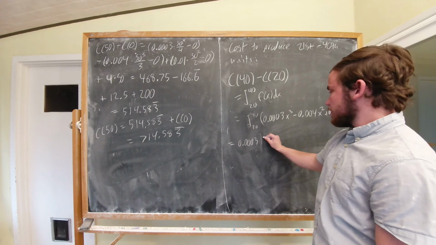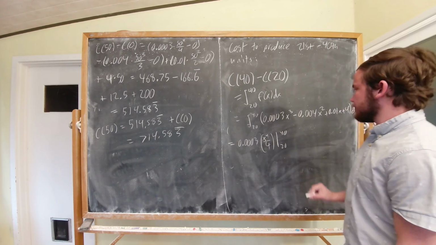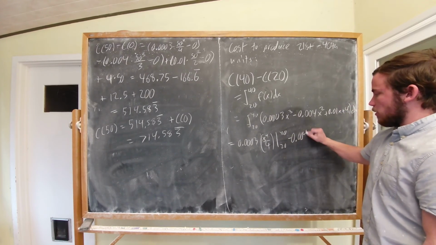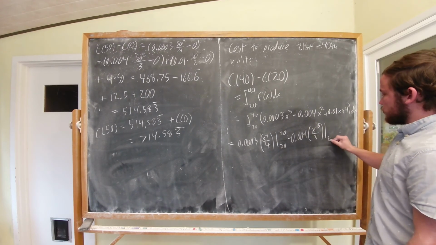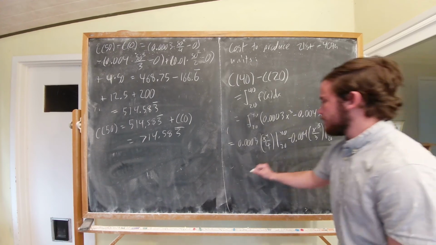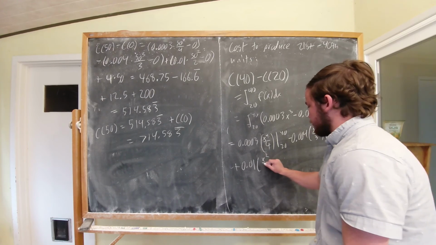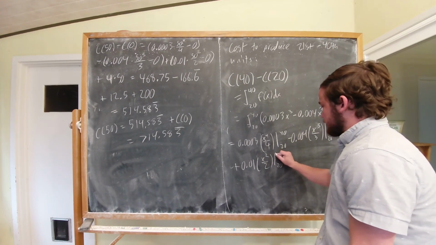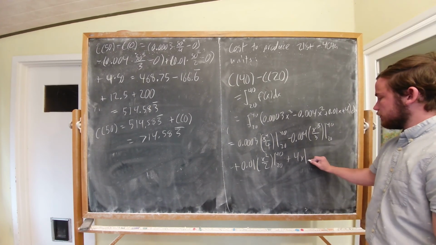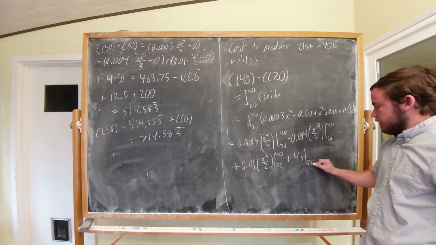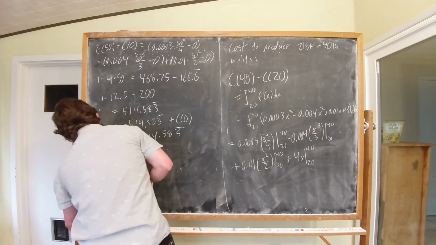So it's going to be x to the 4th over 4 from 20 to 40, minus 0.004 times x cubed over 3 from 20 to 40, plus 0.01 times x squared over 2 from 20 to 40, plus 4x from 20 to 40. Alright, and if you get out your calculators and do all that,